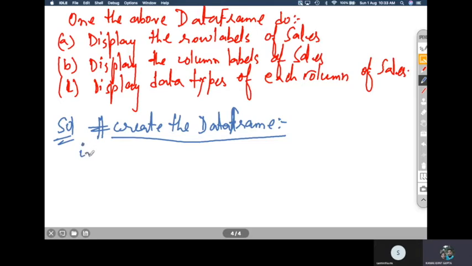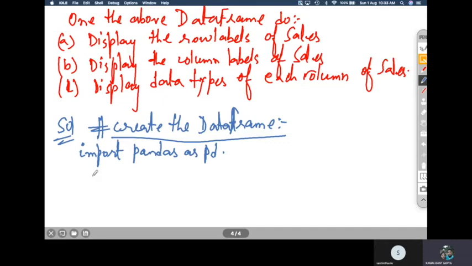So first you have to import pandas as pd, and now we can just create this data frame using a dictionary of lists.